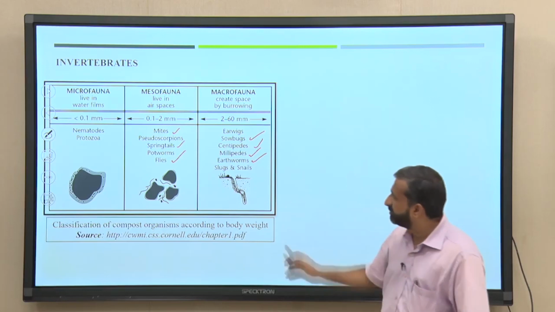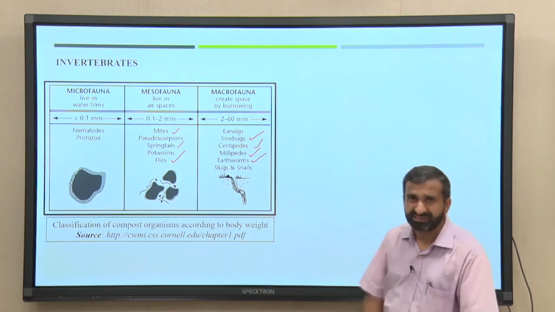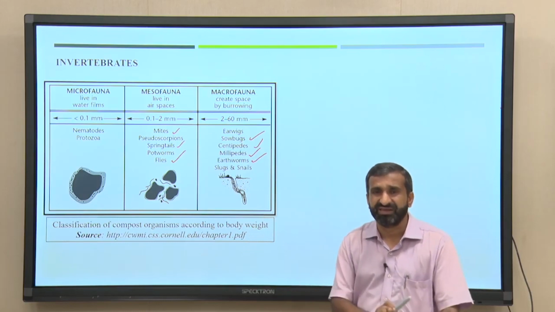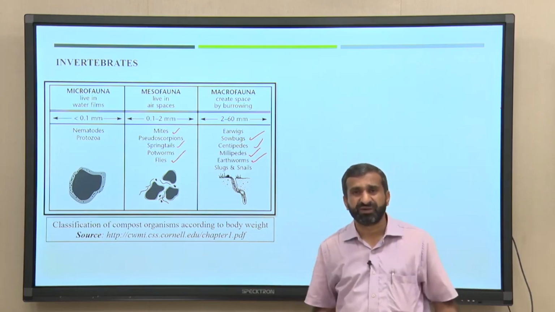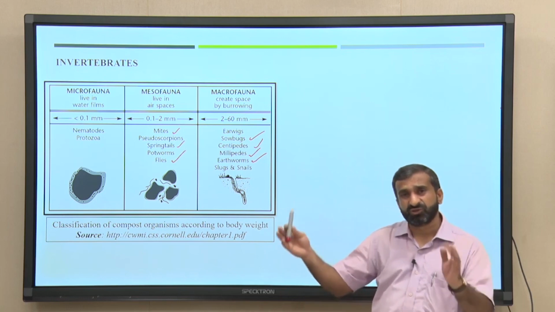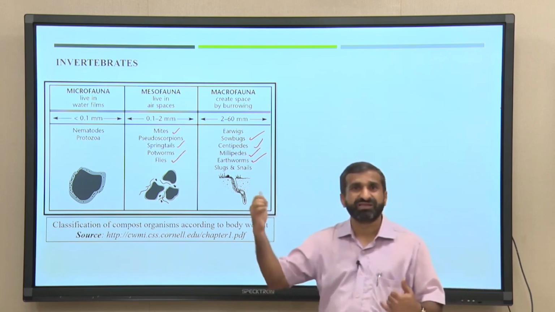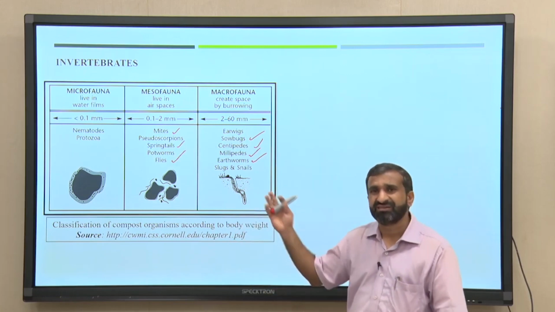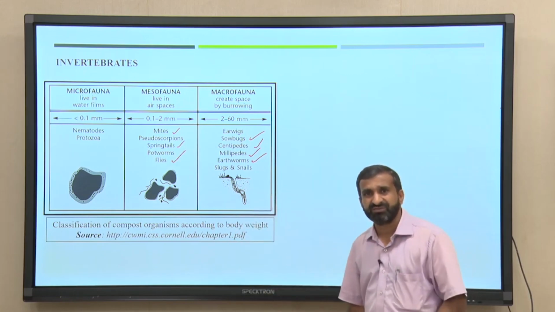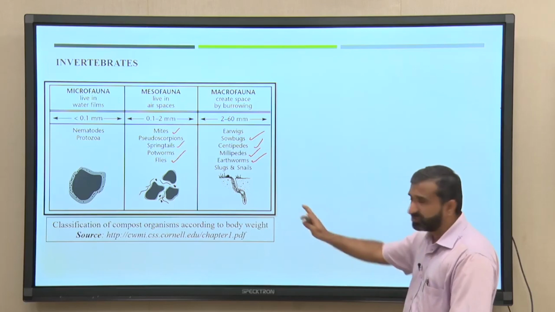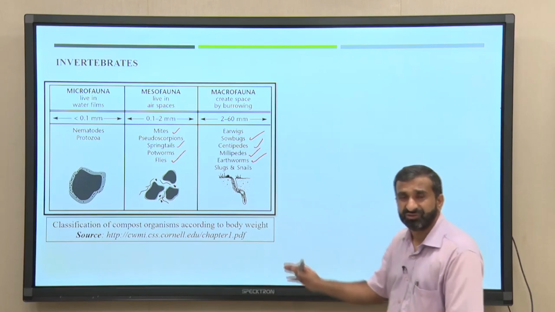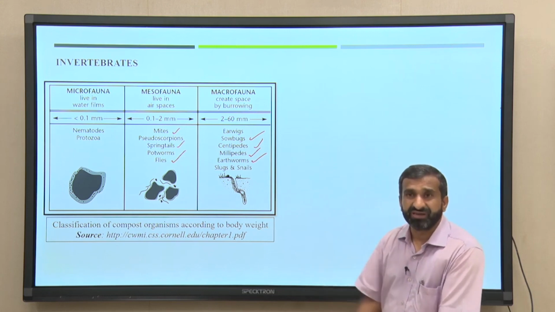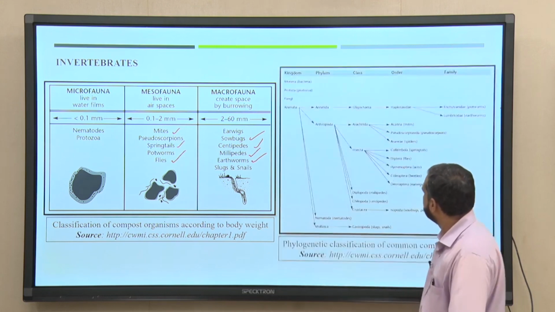But I think these kinds of invertebrates in the smaller size are not possible to produce very easily. If you have a large composting plant and the composting time is more than 2 months, 60 days, 90 days, then it is possible to produce these kinds of invertebrates. This is also good to have, so that proper degradation could be possible.